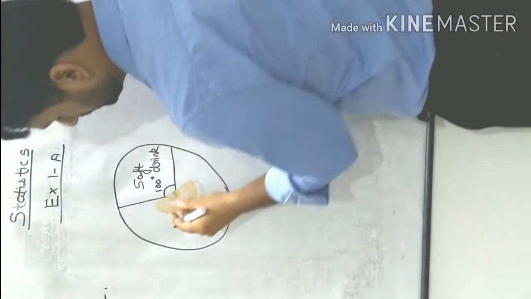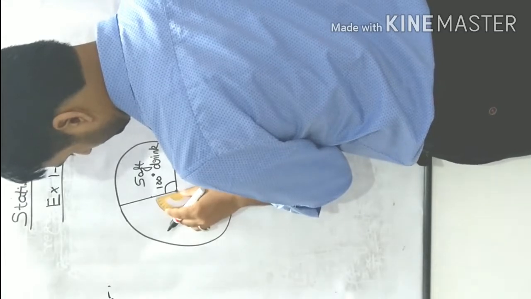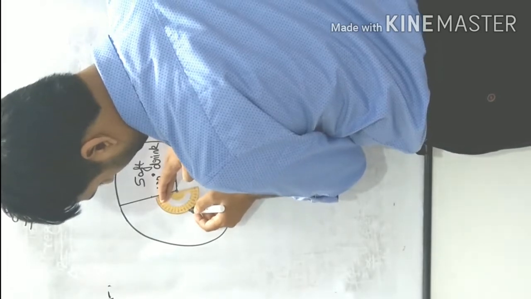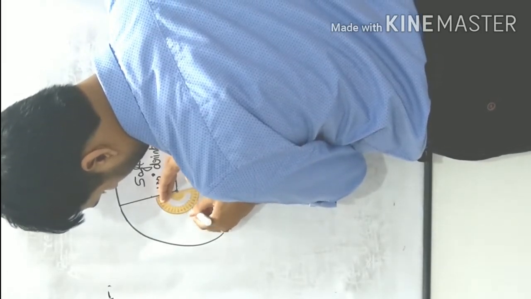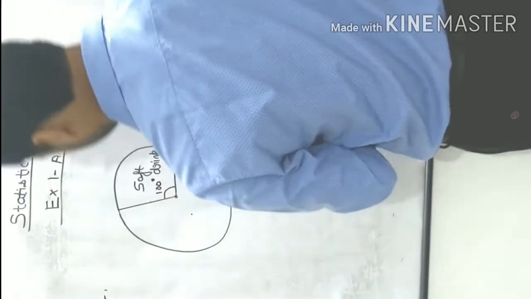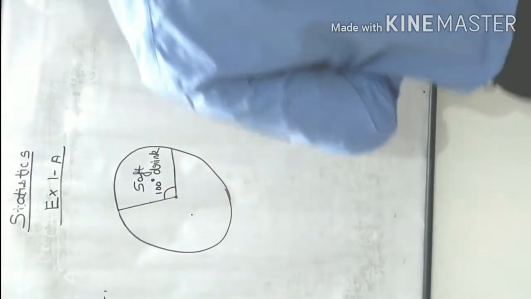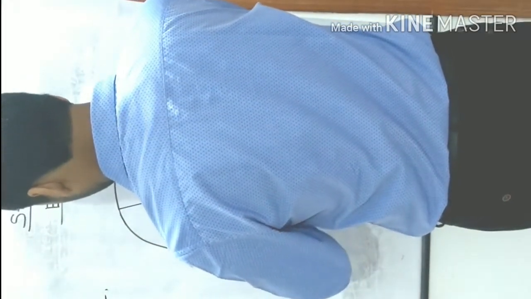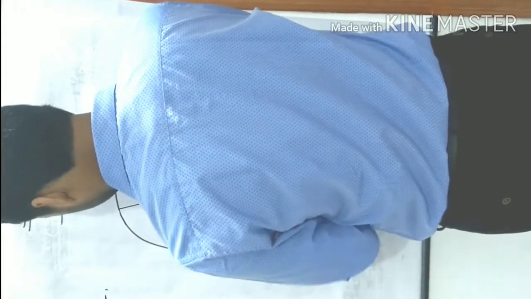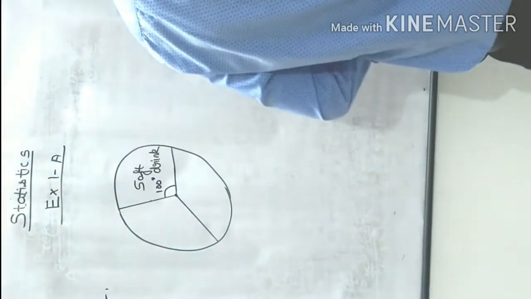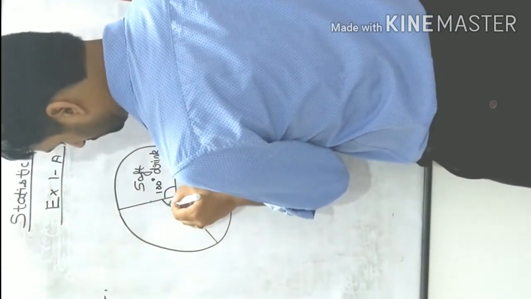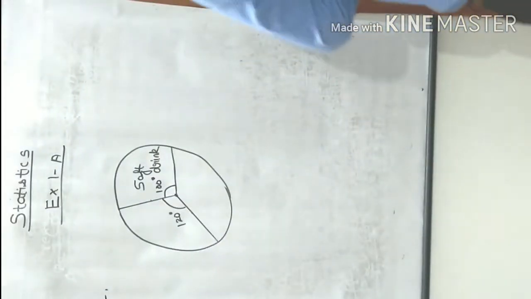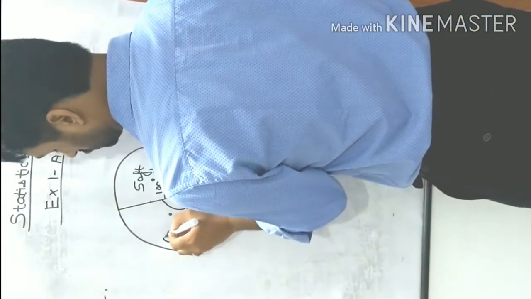See here. Now we'll keep our vector here, and then from here, how much will we measure? 120. See, 90, 100, 110, 120. We'll mark the point there. See, I made a dot there. And how much will it make? 120. So from here, measure 120 like this. So this much is your, how much? 120 degree. And 120 degree was coming from which angle? It is the amount he spent for chocolate.